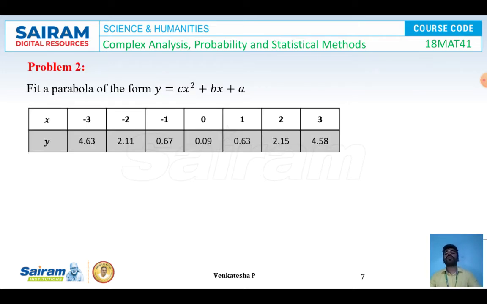Problem number 2. Fit a parabola of the form y is equal to cx square plus bx plus a. The data is given like x is equal to minus 3, minus 2, minus 1, 0, 1, 2, 3. Y is given like 4.63, 2.11, 0.67, 0.09, 0.63, 2.15, 4.8. So now from this data we have to fit a parabola in the form y is equal to cx square